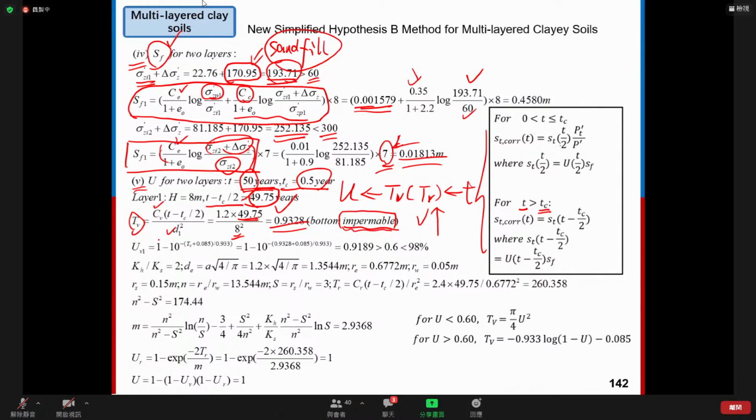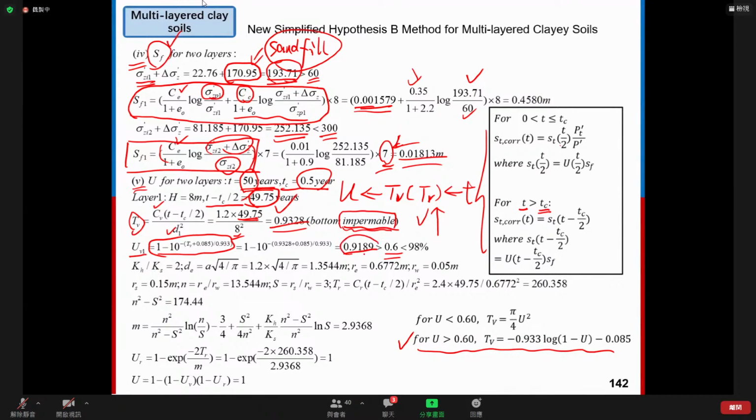So this is TV. We get it. And to calculate the UV, let's try this formula first. You can see here, this formula. We get the result, which the UV is equal to 0.9189. It's larger than 0.6. Okay, it means we use a correct